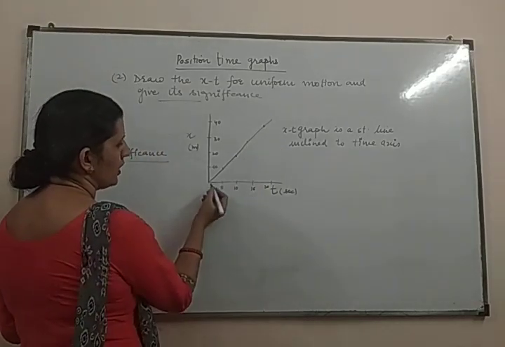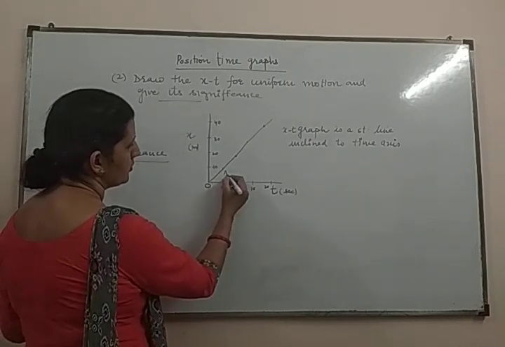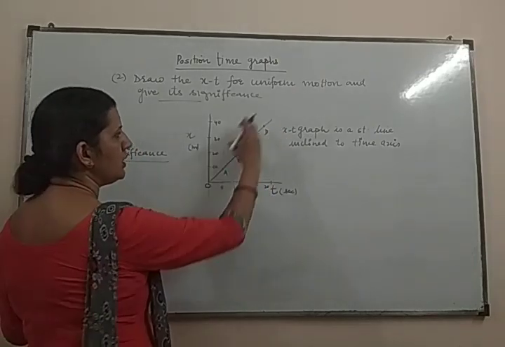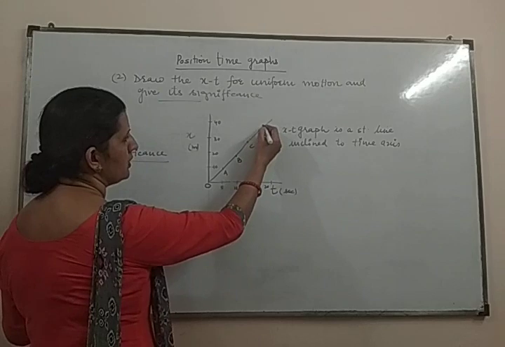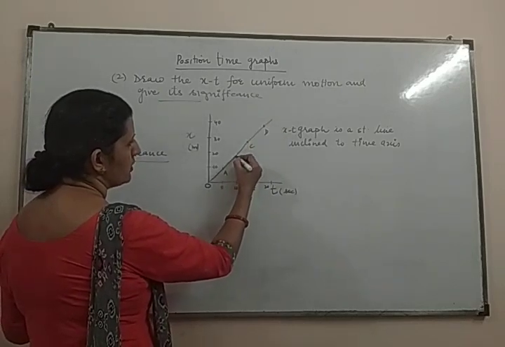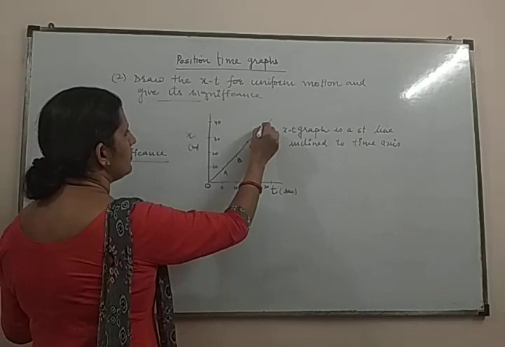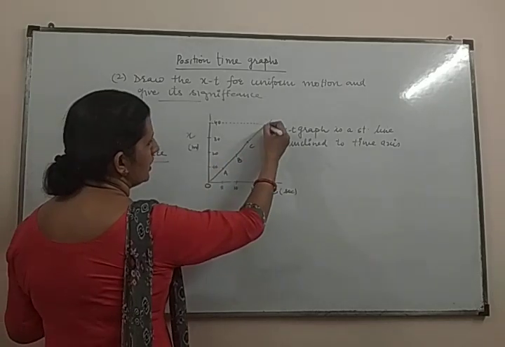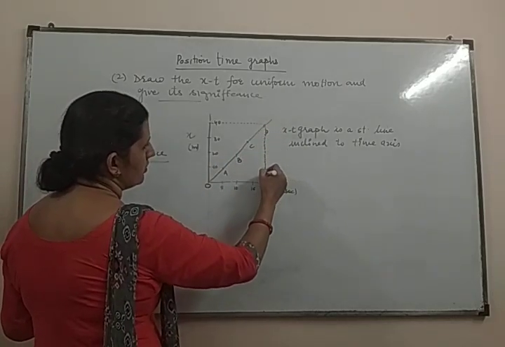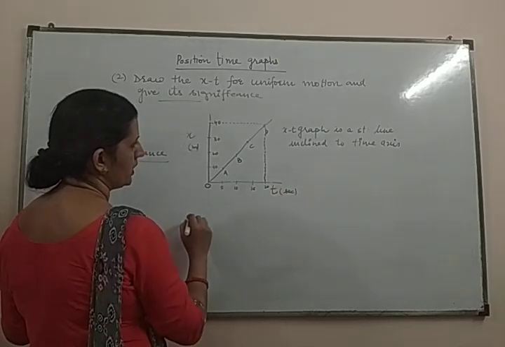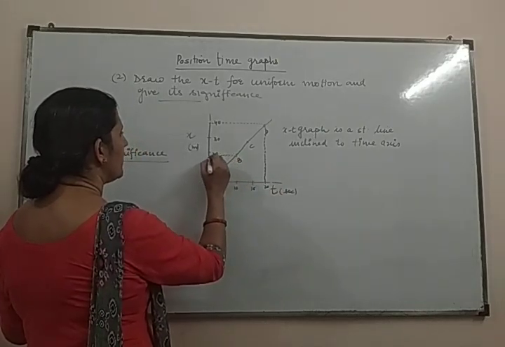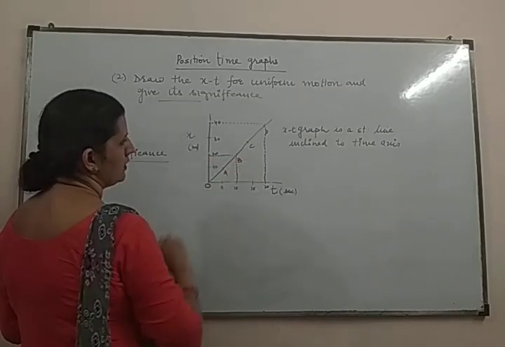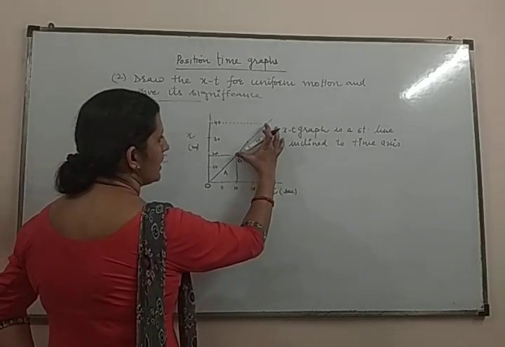For calculation of this graph, either consider this origin point, or suppose this is A, B, C and D. You can consider any 2 points on the graph which are on the line. Suppose I am considering the point B and point D. So draw the perpendicular from point D on y-axis. This is at 40, and from D point on x-axis, this is time 20. And similarly draw the perpendicular at y-axis and perpendicular at x-axis. This line BD,